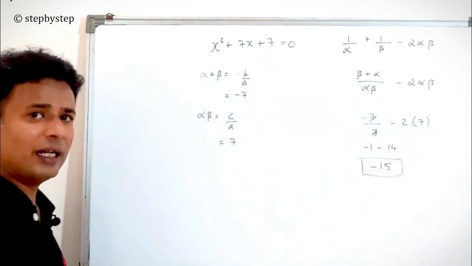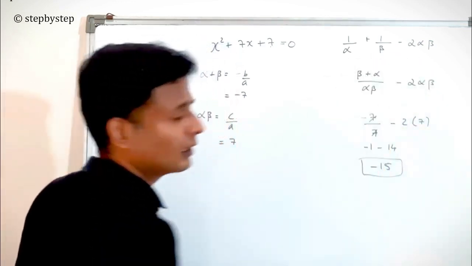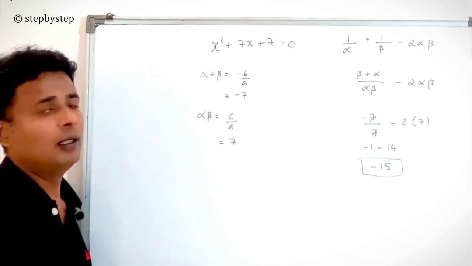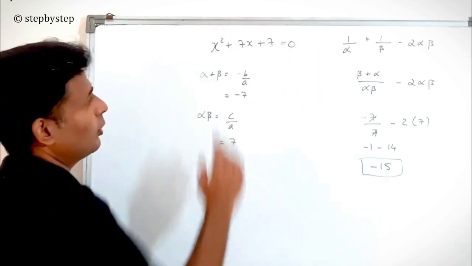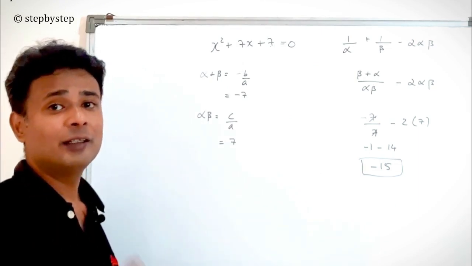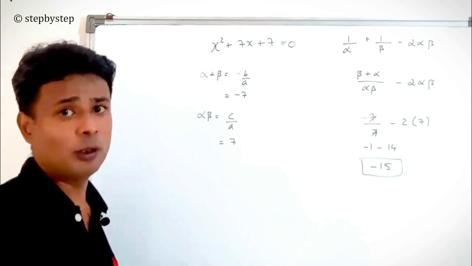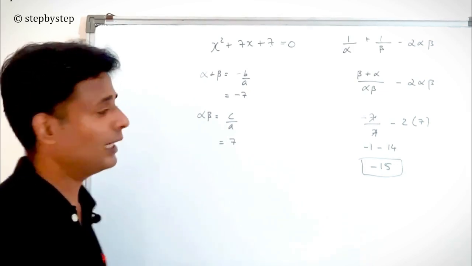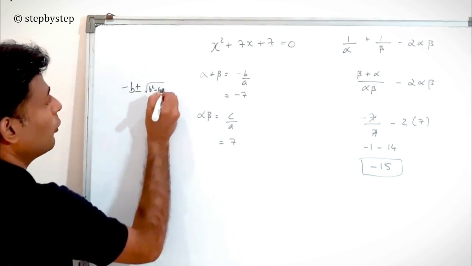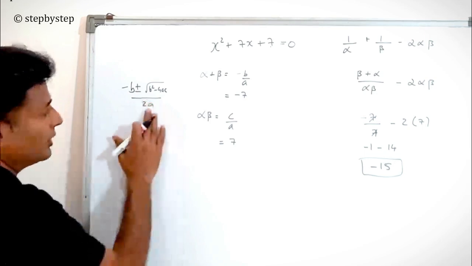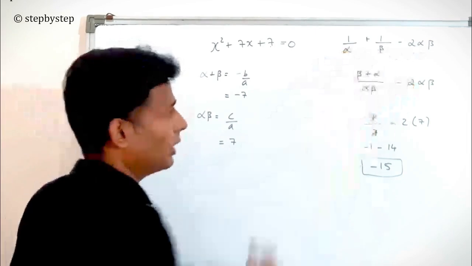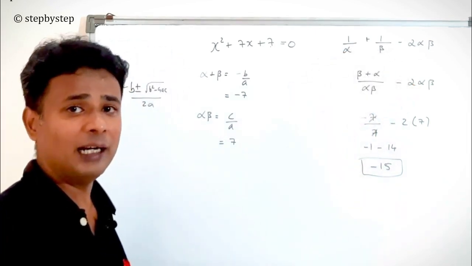See, generally if you get a question where they ask you something like this, see if you can get everything into alpha beta and alpha plus beta form. Otherwise, you need to find zeros and it will be very difficult by factorization method, in which case you can use the formula method which I told you about in the main video. That is minus b plus or minus root of b square minus 4ac by 2a. You can use this formula to find the zeros. But the easier and quicker way is to convert the entire thing into alpha plus beta and alpha beta form.